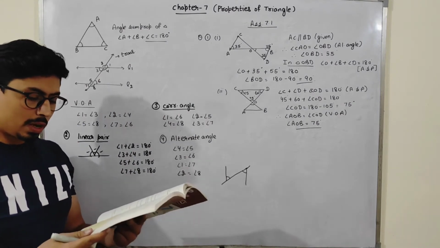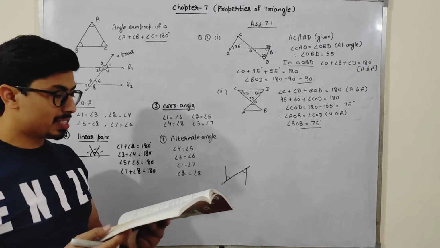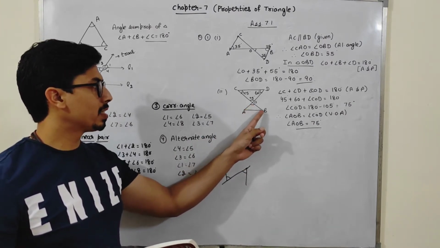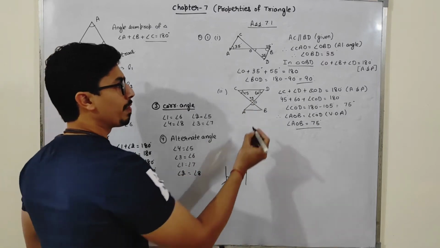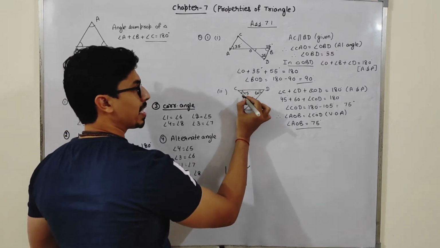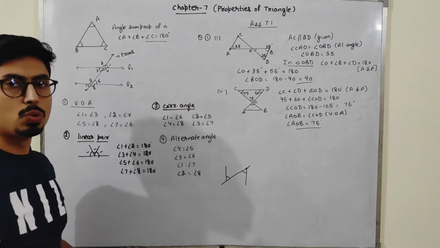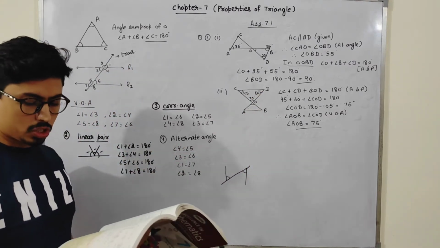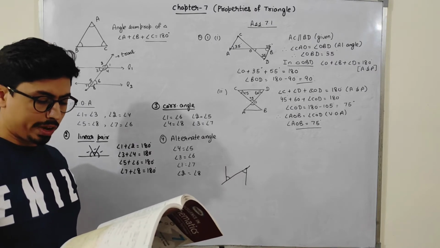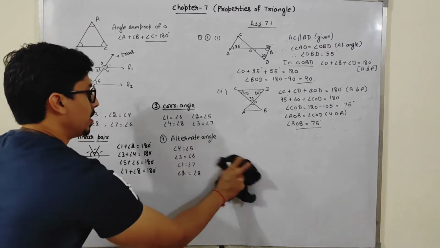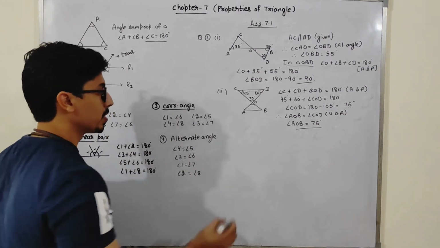Now similarly, students, question number 2 is the same as this question. We have to just find out this and this angle. This angle you can find out. This angle and this angle are alternate angles. This angle and this angle are alternate angles. So just do question number 2 by yourself. This is the same. Now in question number 3, we will move on, students. See, in question number 3, what is given, students?